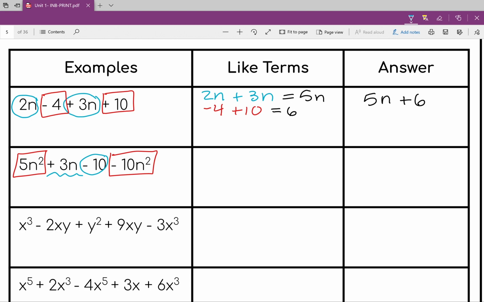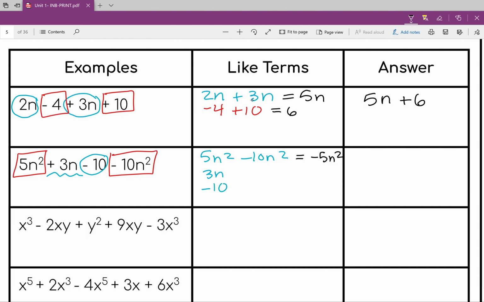They do not have any like terms in common, so we're just going to write those separately. Like I said, 5n squared minus 10n squared, and then I have 3n and -10. The only thing I need to combine here is my 5n squared minus 10n squared, and that is going to give me